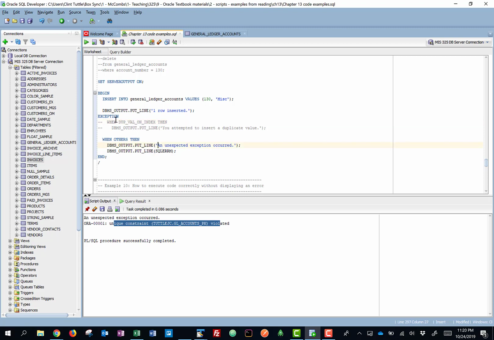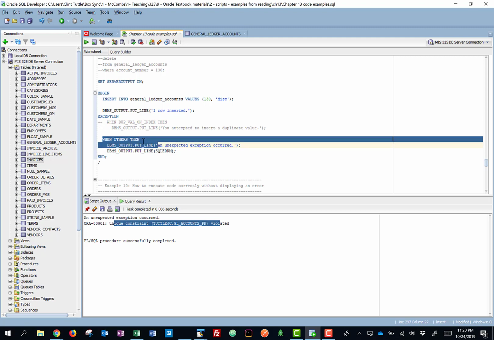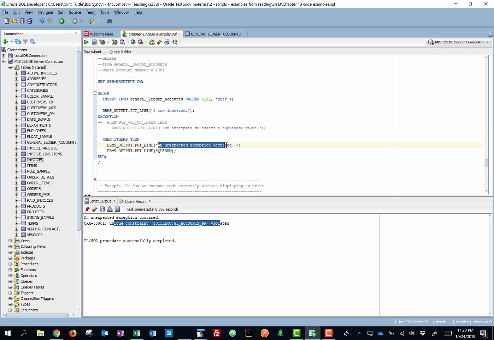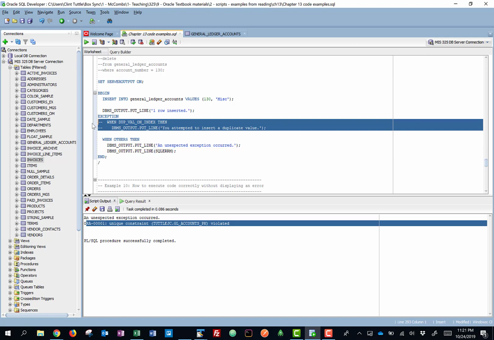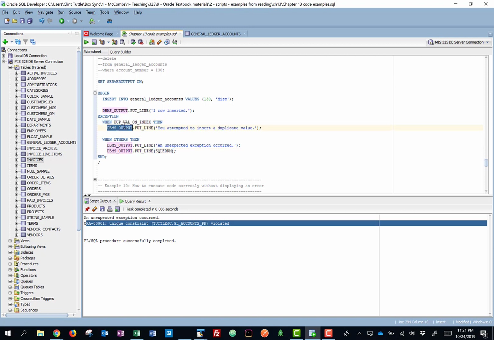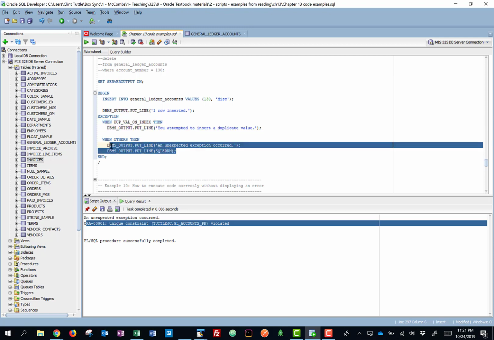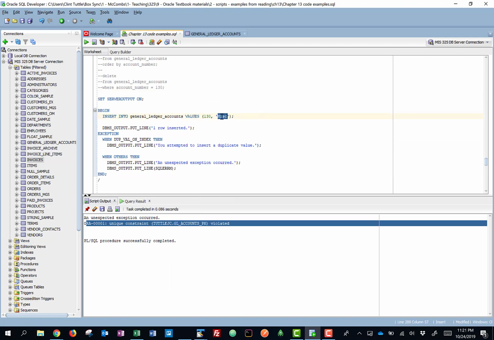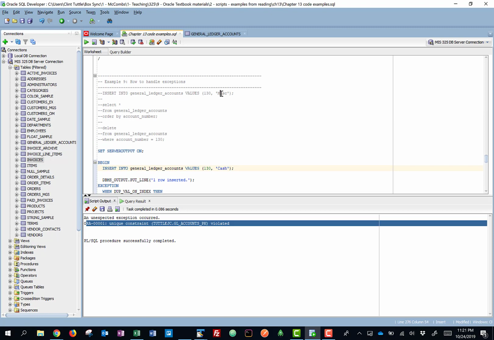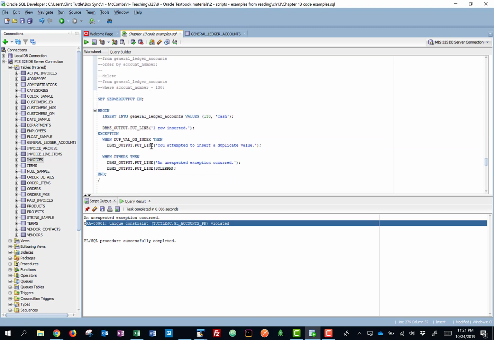what it did is it ran and it said, okay, well, what are the other exceptions we should handle? So here it outputs this and it says an unexpected error occurred, and then it actually outputs the SQL error message, which is this right here. We're familiar with some of these. So you can handle very specific errors, you can be more general. Pretty cool stuff. I'm going to replace this just so I can put this back how it was. I want to allow you to play with it if you want. All right,